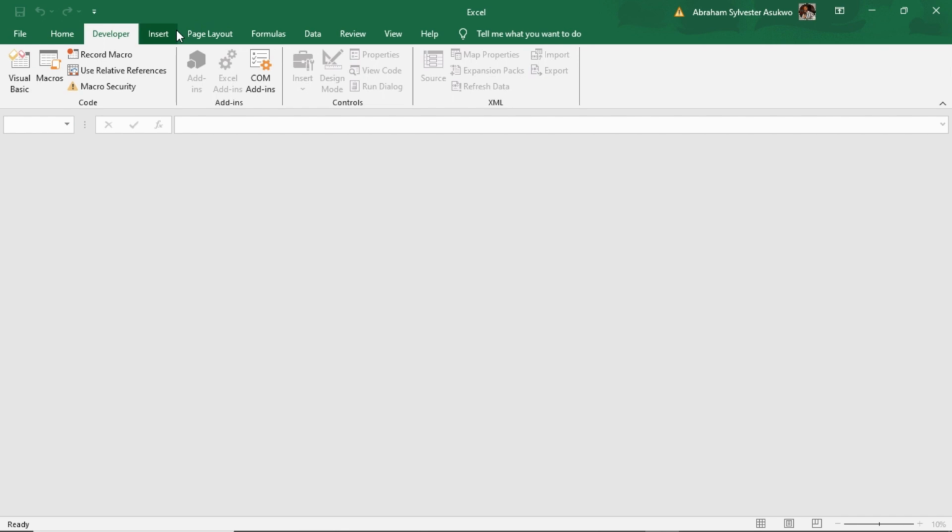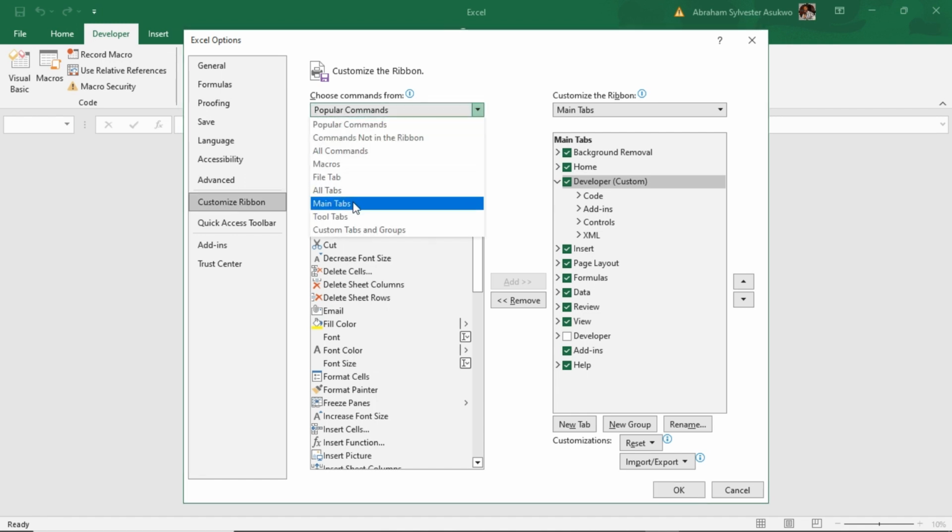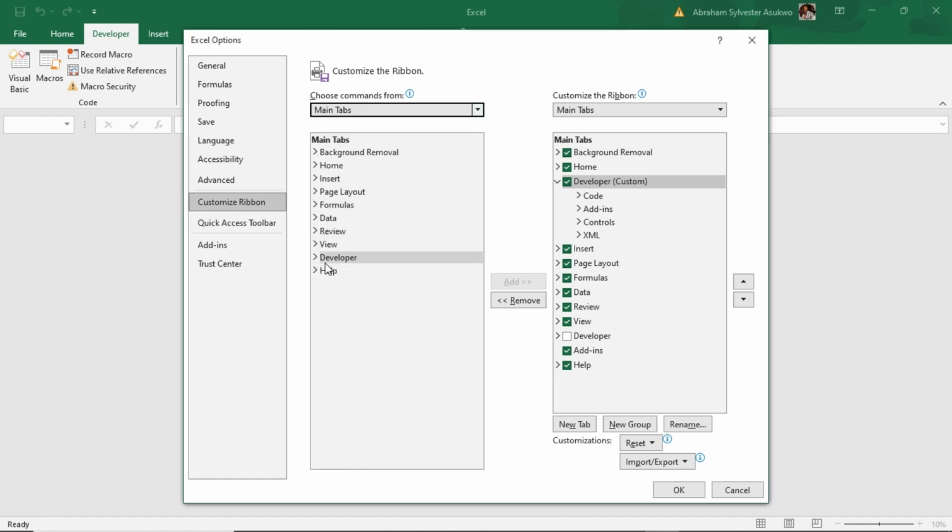So you right click on any of the tabs, you see customize the ribbon pop up. Now this only happens when you already have your spreadsheet open. So you click on customize the ribbon and you come to popular commands, you change it to main tabs. Okay, developer, then you can choose to add or remove. For example, I want to remove my developer mode, I'll just click on remove and I click on OK, and